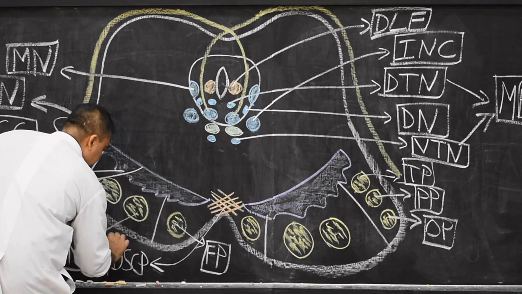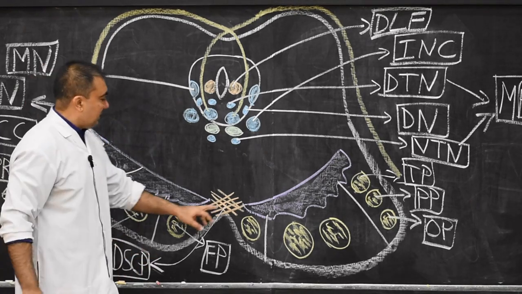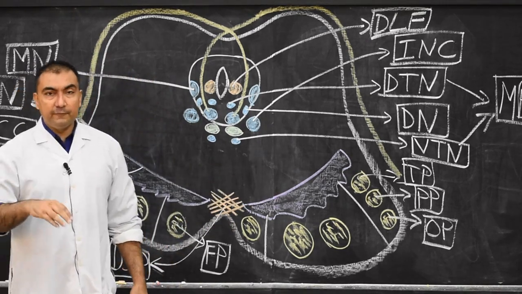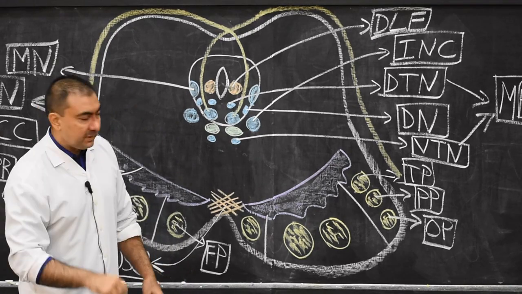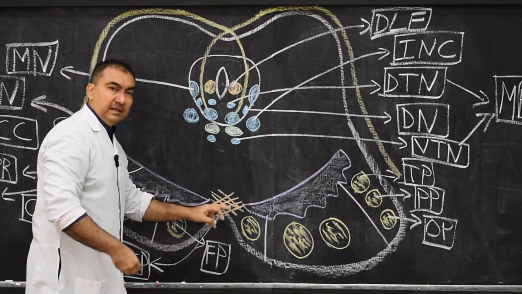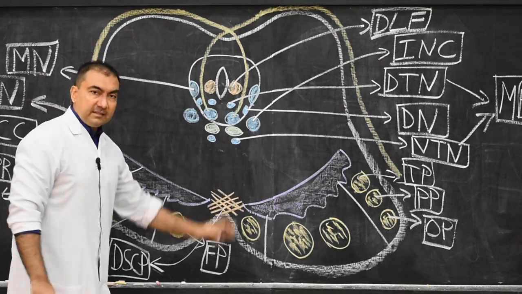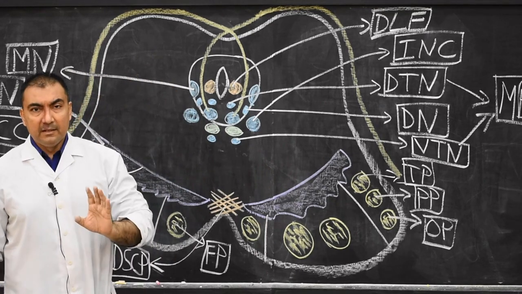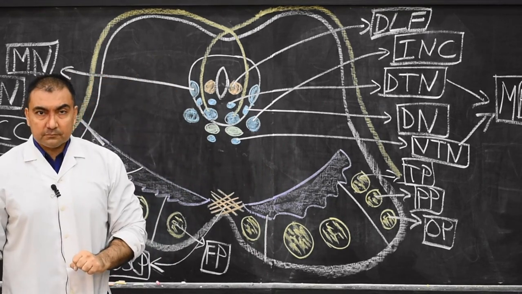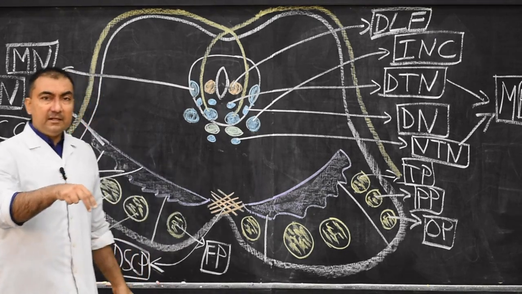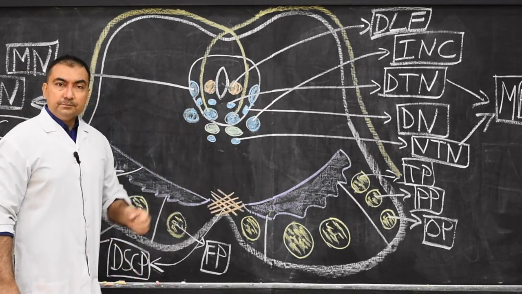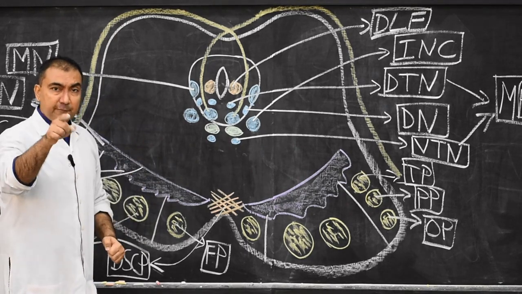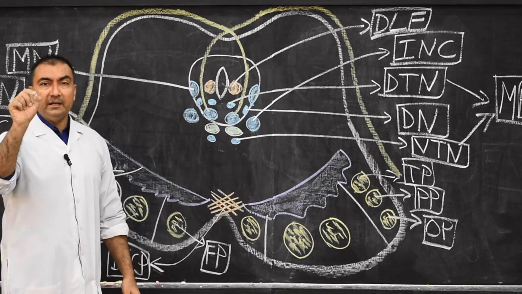Now to make you understand what this decussation of the superior cerebellar peduncle is, these fibers are coming from the right and left cerebellar nuclei, from the emboliform, globose, and dentate nuclei of the cerebellum, right and left, and they will decussate here. Where are they going? Some fibers are ascending, some are descending. Ascending fibers will relate to the ventral lateral nucleus of the thalamus. They will also relate to the red nucleus. And descending fibers will relate to the reticular system, the entire reticular tract of the brainstem. And some of the descending fibers from here will relate to the inferior olivary nuclear complex.